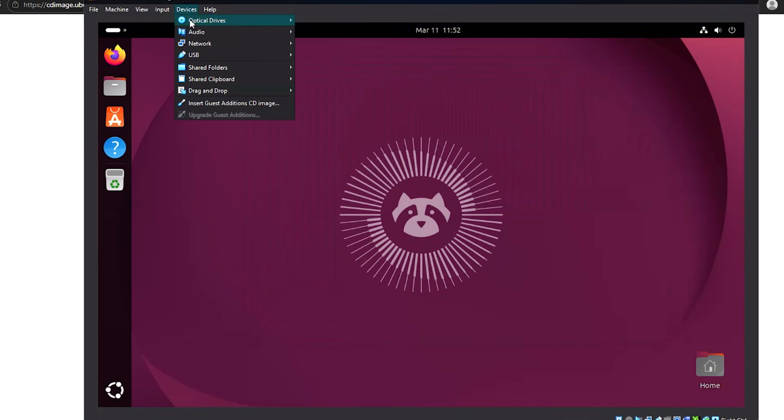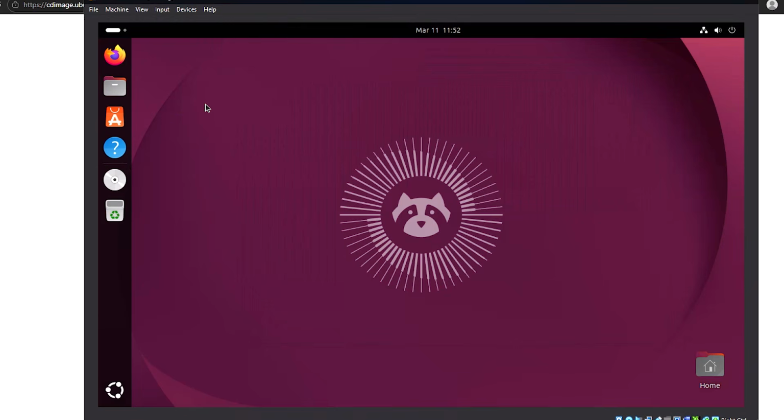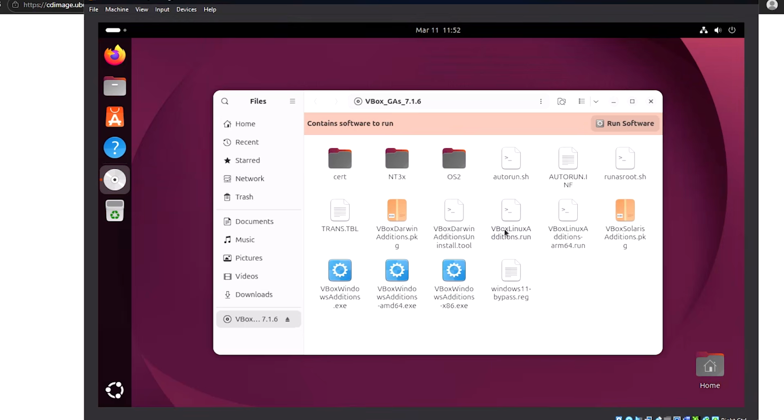Now we need to install the guest editions. So this is already open, open it and then